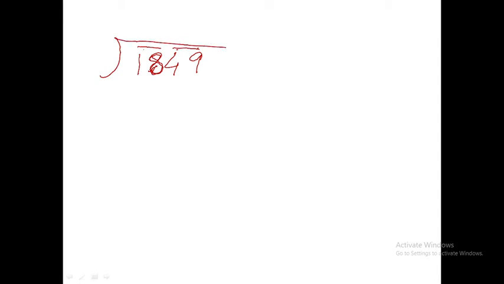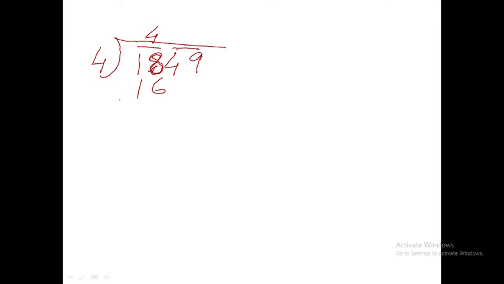Our next step will be, in the first pair you have to see which square number is there. Here in 18, 4 fours are 16, that is 4 squared. 5 we cannot take, 5 fives are 25, which is more than 18. So you have to take a number whose square is less than or equal to the given number. 16 is less than 18, so our first divisor will be 4.